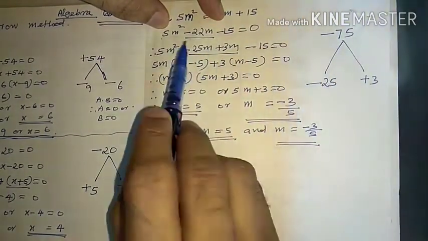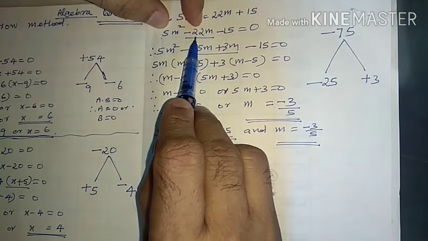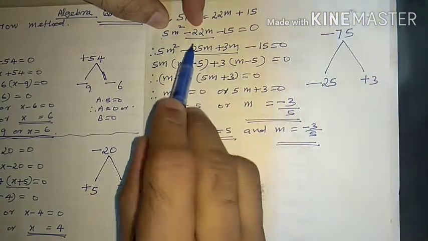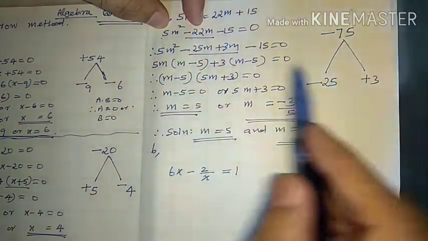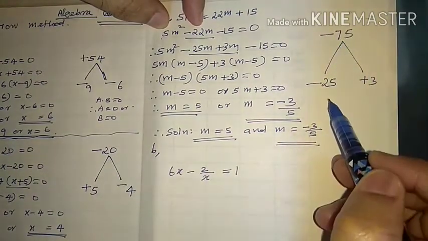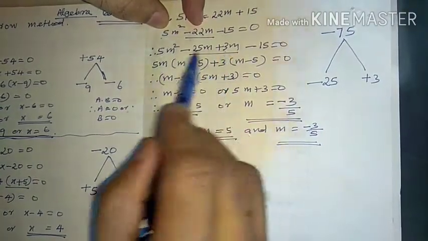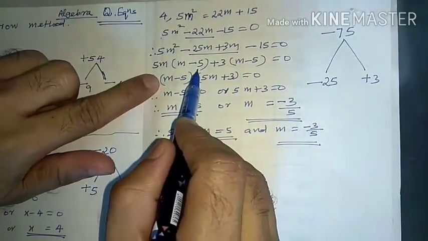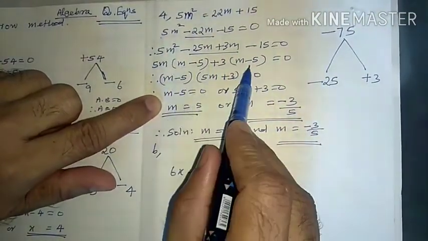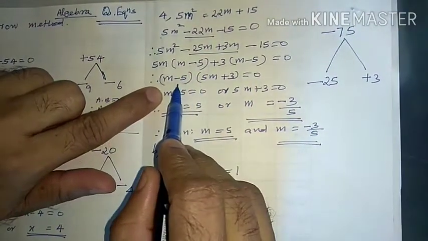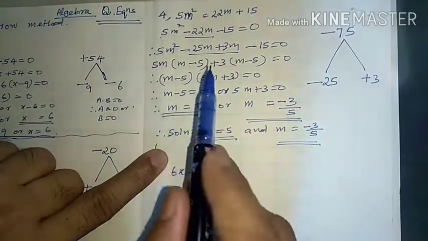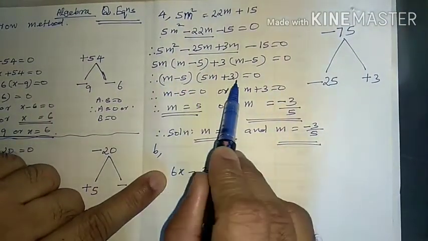So factorizing this, to get the middle term minus 22m, we have to make it minus 25 plus 3, adding to the middle term, minus 22. Product minus into plus is minus, 25 3s are 75. So the middle term is split. Then we take the common factor from the first and second terms, and from the third and fourth terms. Then we group these similar terms, m minus 5 is common and taken out, then 5m plus 3 equal to 0, meaning two factors we are getting, first into second equal to 0.